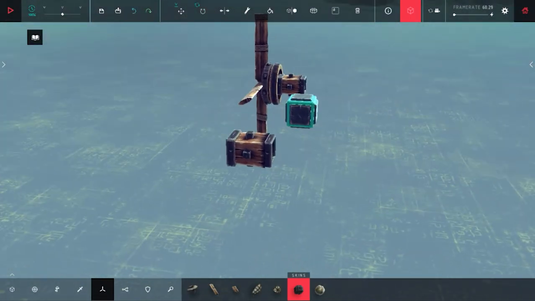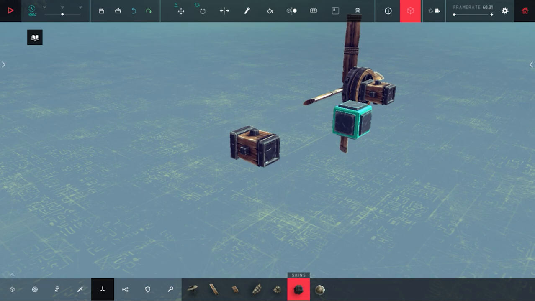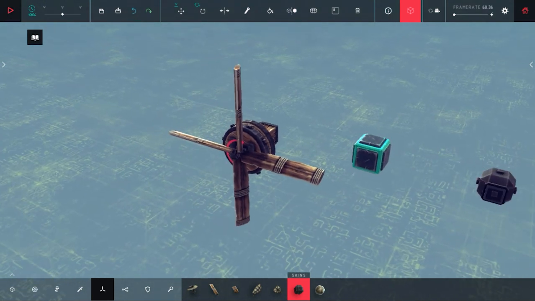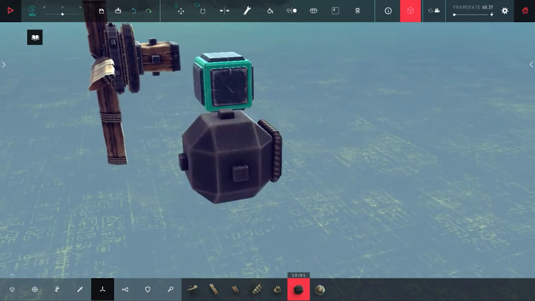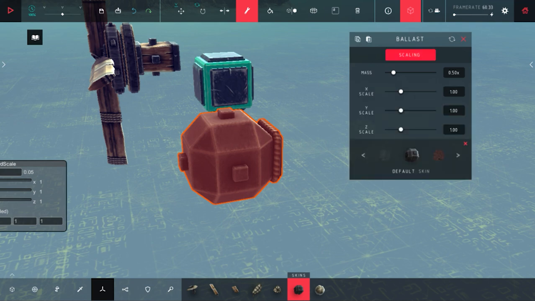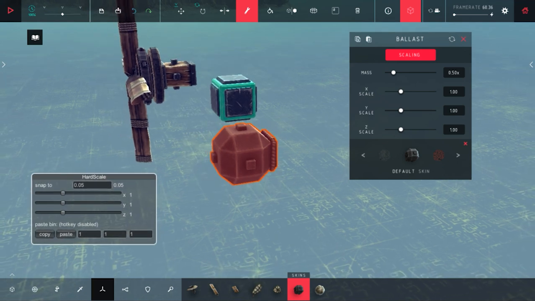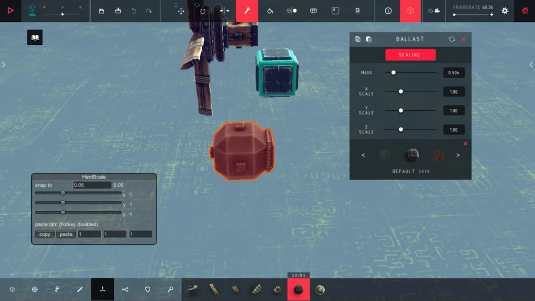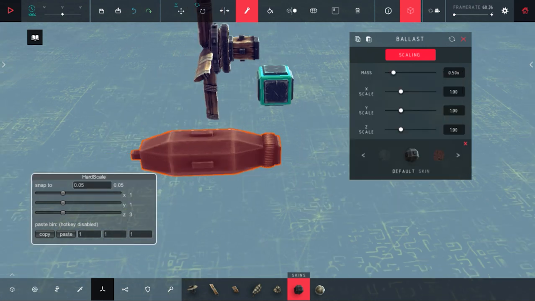Now this one is a little bit different because this one is mostly used if you're a jet fighter builder. First, you need just a single ballast, but this one's no ordinary ballast because this one you need a mod with it. You could choose a lot of mods as much as you want, but for me, I was using a hard scale and easy scale. So right now, if I do this thing,